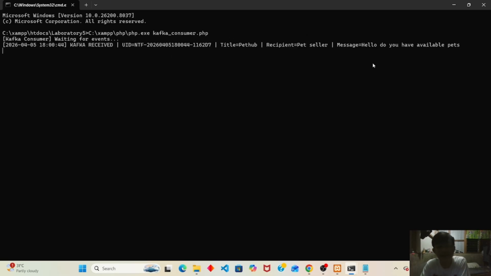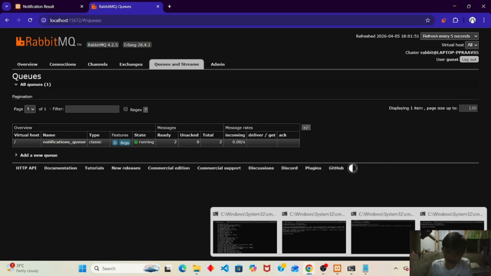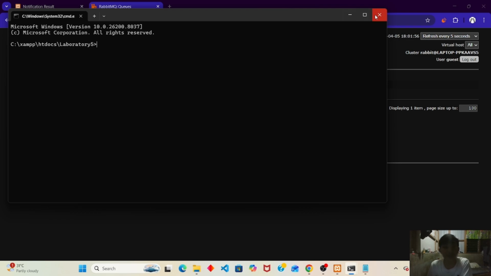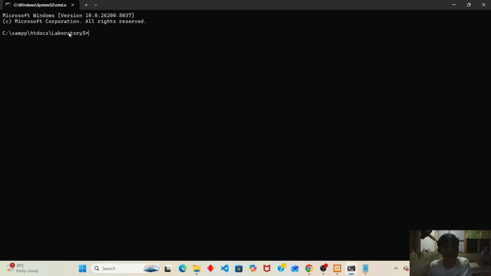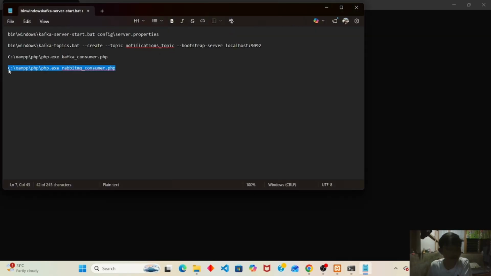The difference between Kafka and RabbitMQ is that with Kafka, when you send a message, it's automatically pasted here in the consumer.php. Earlier we had the fourth one here, so we're going to paste here the fourth code of the RabbitMQ consumer.